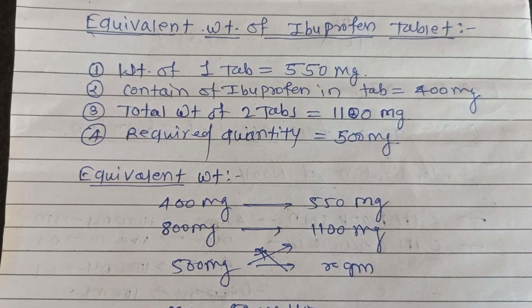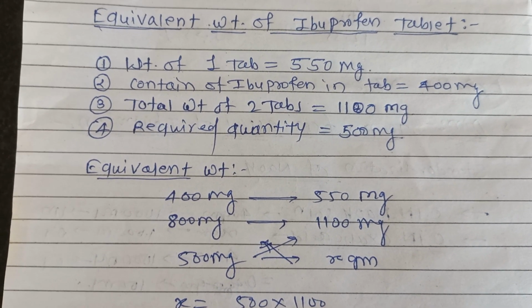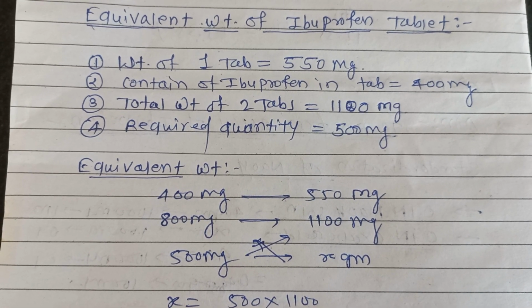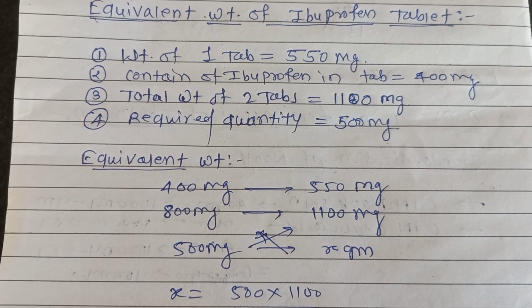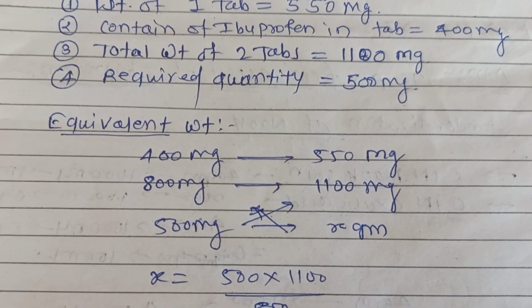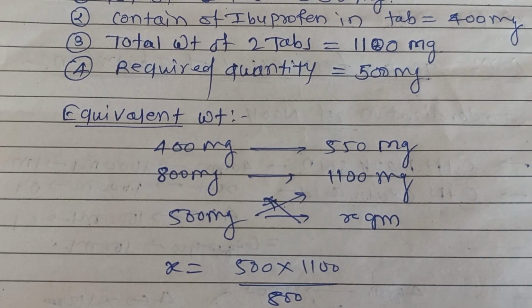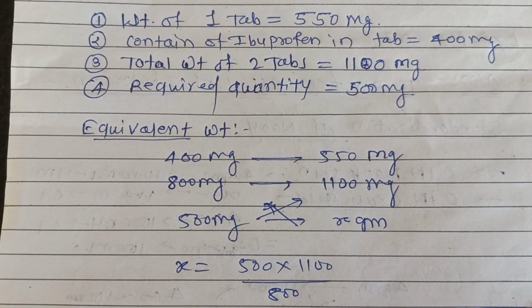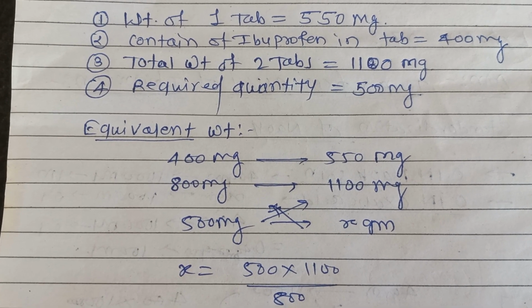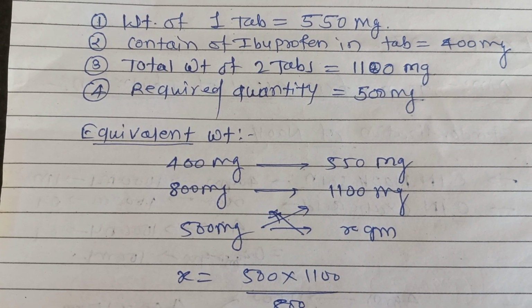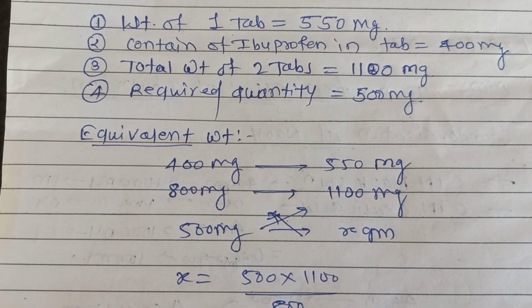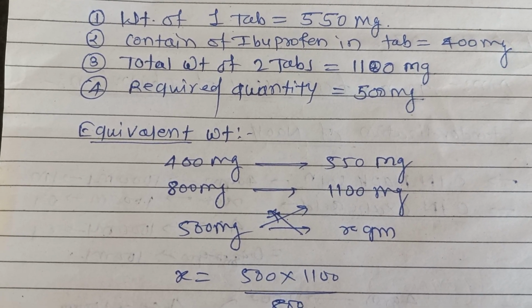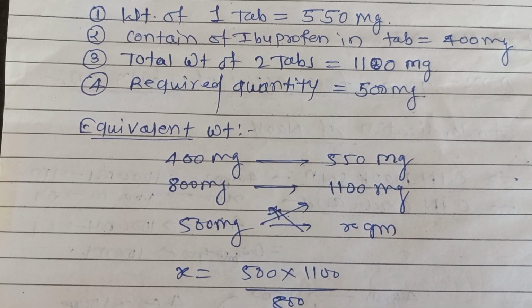We require 500 mg of ibuprofen, so we do the equivalent weight calculation. 400 mg is present in a 550 mg tablet, so 800 mg of actual ibuprofen will be present in two tablets, with a weight of